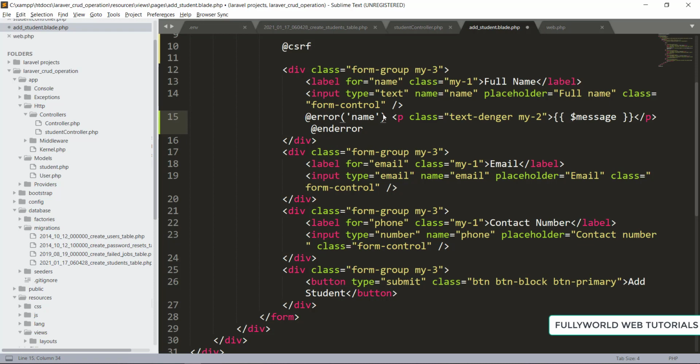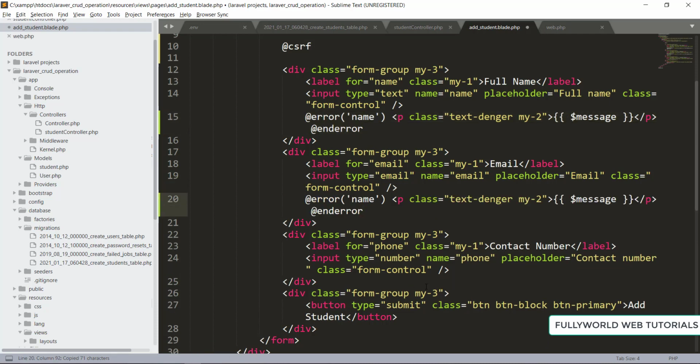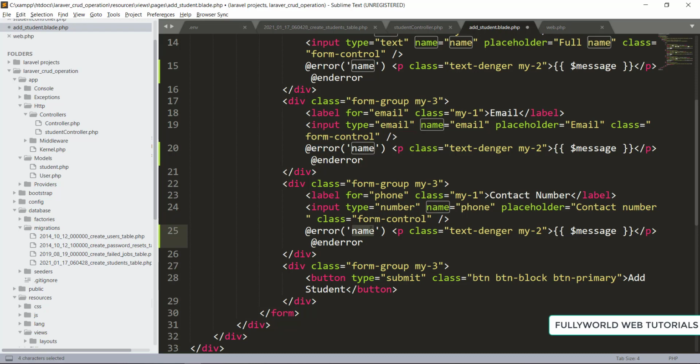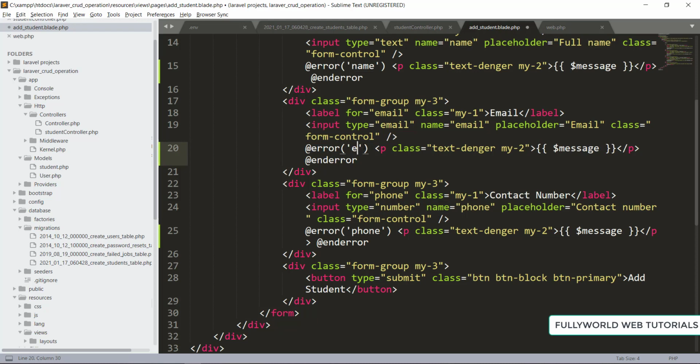So if error is present, then it will display this error. If error is not present there, then it will not display this error. So same thing we will do for other fields also. So this one also and this one also. So here will be our phone, and then here will be our email.